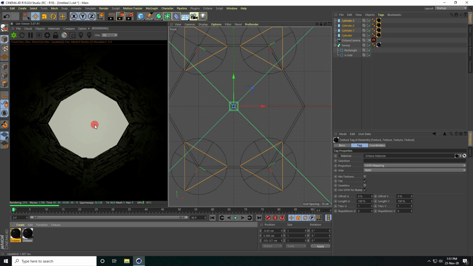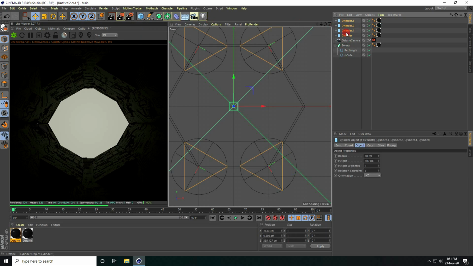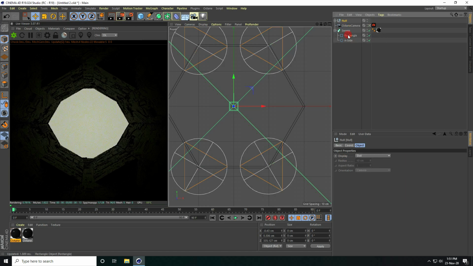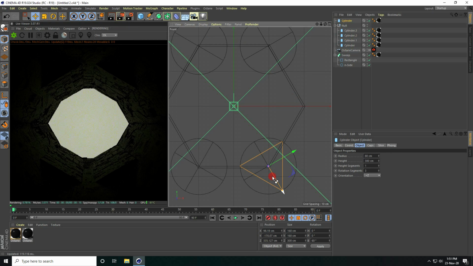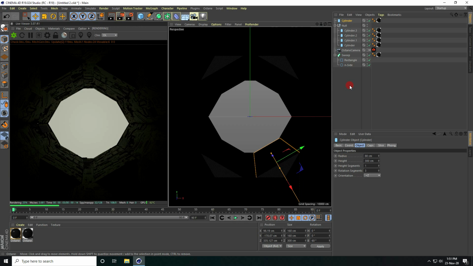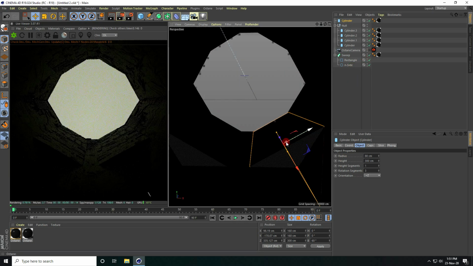Okay, so now for lighting, create more shapes. So select all and group, Control G, actually Alt G, yeah, and select this one and copy. Copy this one cylinder. So camera uncheck and closer.